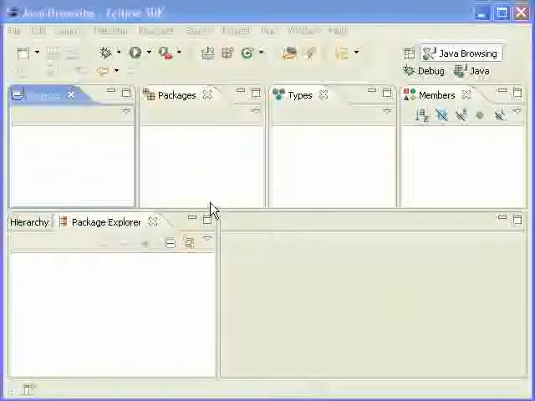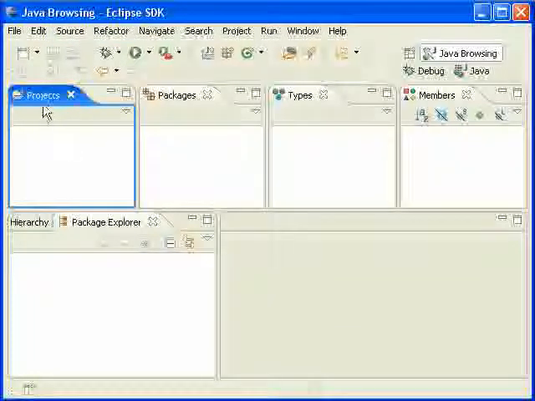Welcome to Programming in iControl with Java. Today we're going to walk through how to use Java in Eclipse to create iControl projects with the core iControl API. We will not cover the wrappers in any way today, but the Java wrappers will be the subject of a future tutorial. So we have Eclipse open, and it has no project, so the first thing we need to